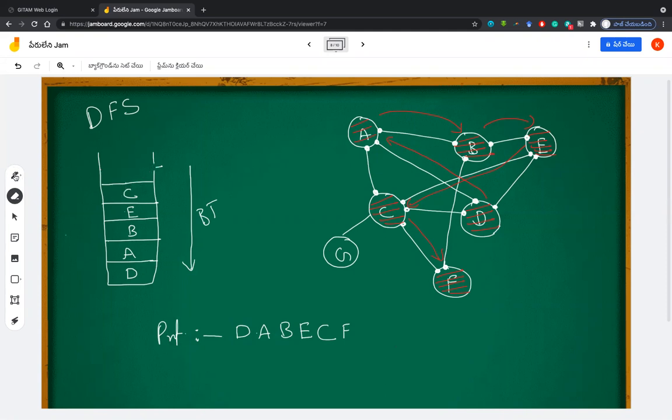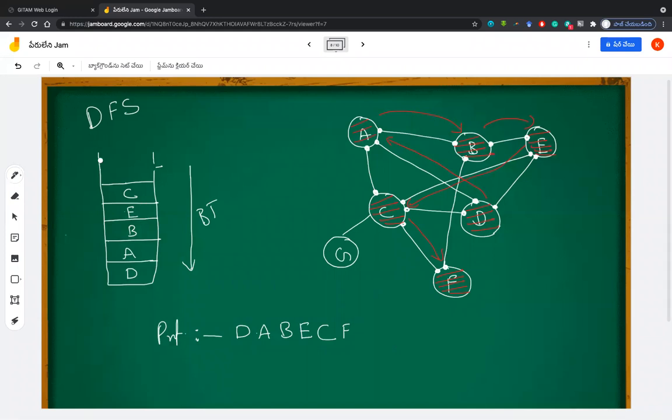What is the next node on the top of the stack? C, sir. C. So what are the things that are left over with C? Already F is visited and printed. And what is the other thing that is left? G, sir.